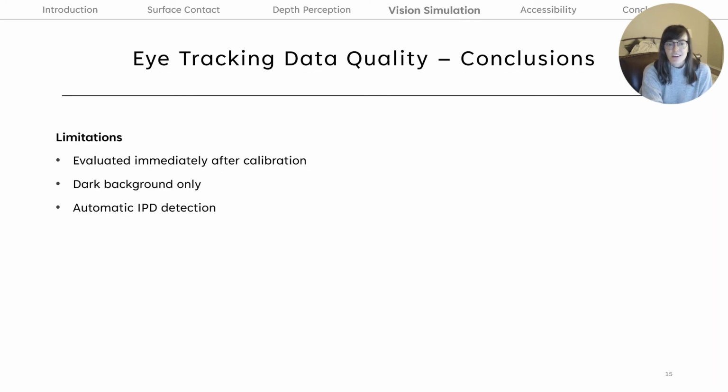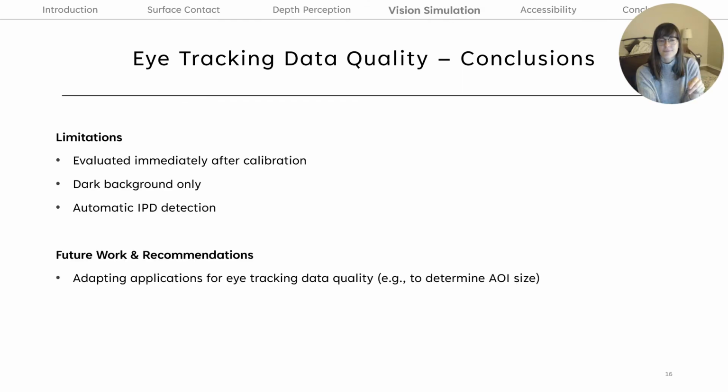Third limitation, automatic IPD adjustment. Guess what those systems use to measure your IPD? That's right, they use eye tracking. Which, if you think your eye tracker has a problem, perhaps you should consider manually adjusting IPD, because there's going to be errors in the eye tracker. So if you really care about IPD, or if you think IPD might be important for eye tracking data in your study,